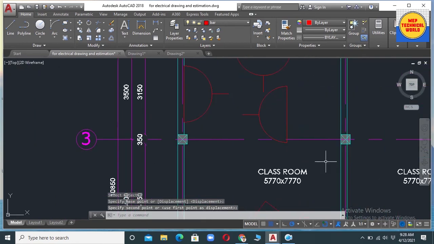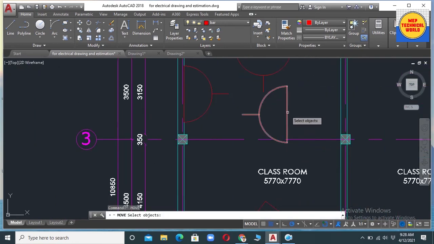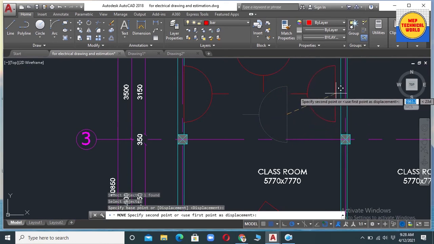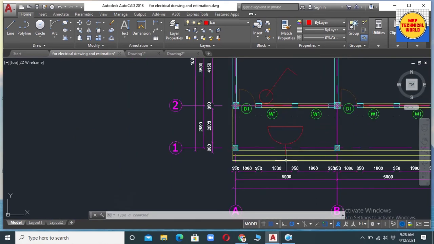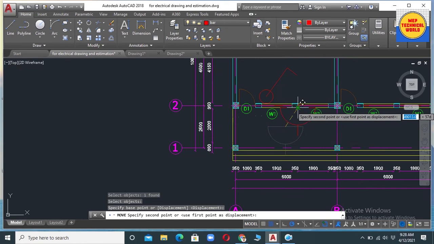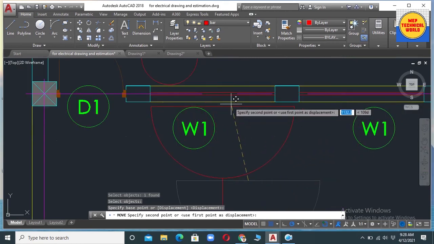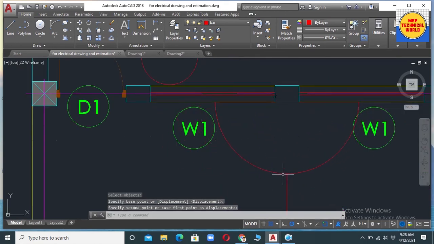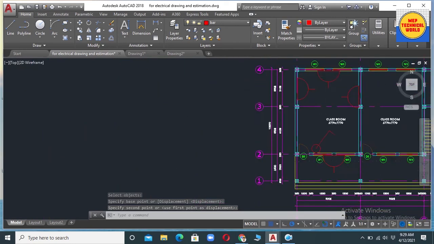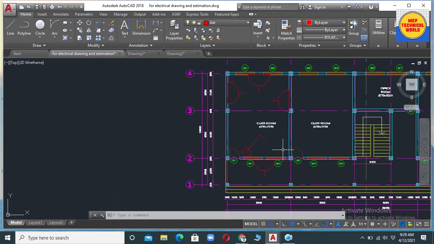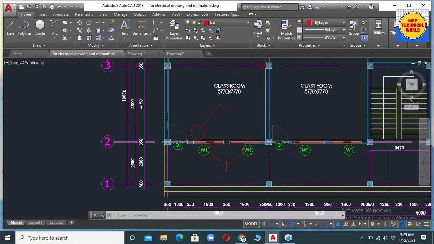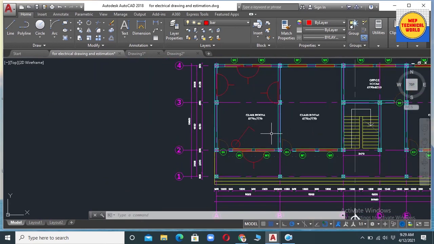Similarly for this, select the object, hit the space button and specify the base point. Similarly let's use the move command, select this power socket and move it. So in this way we can use the rotate and move commands while we are working on a drawing.